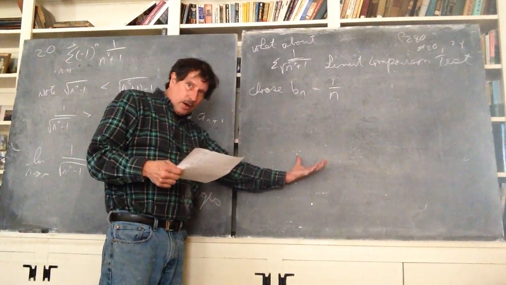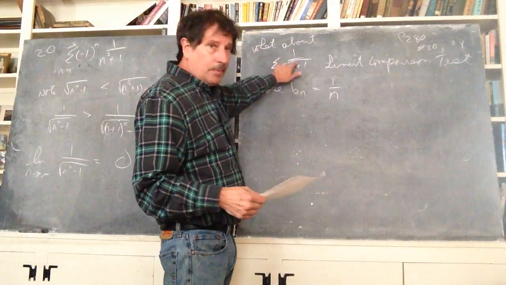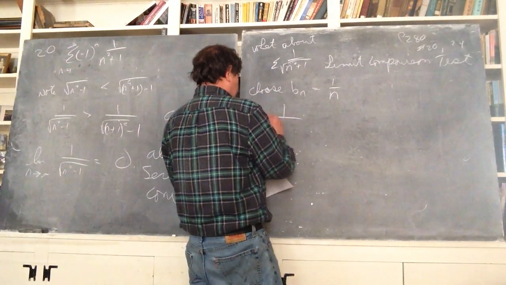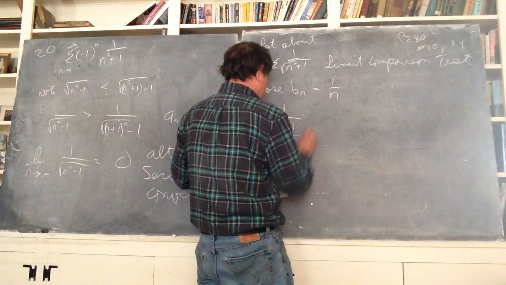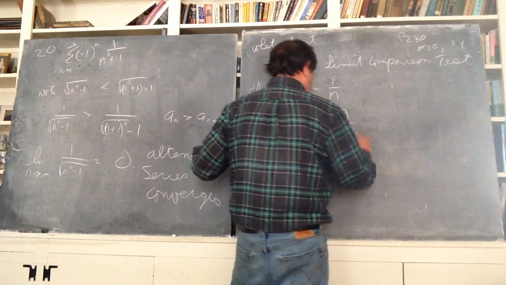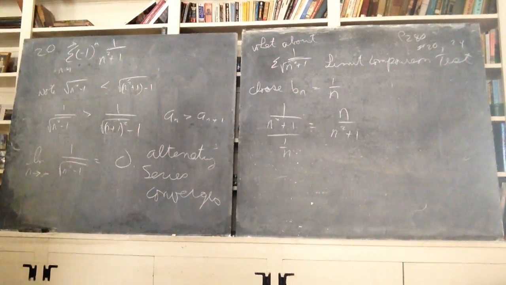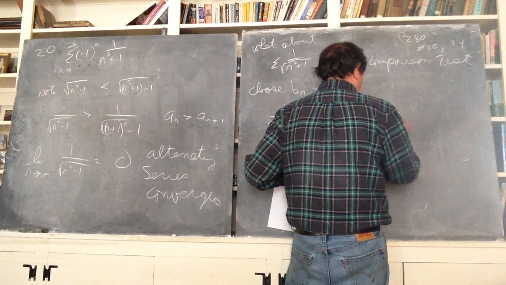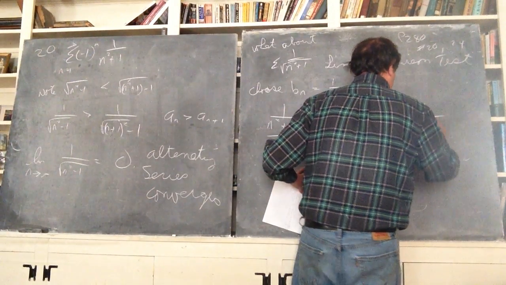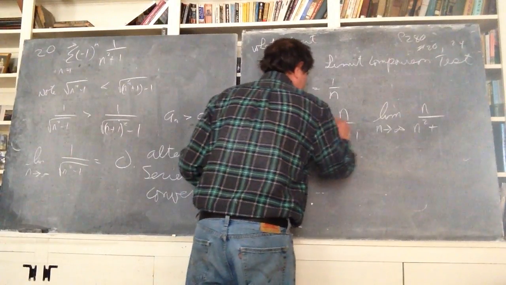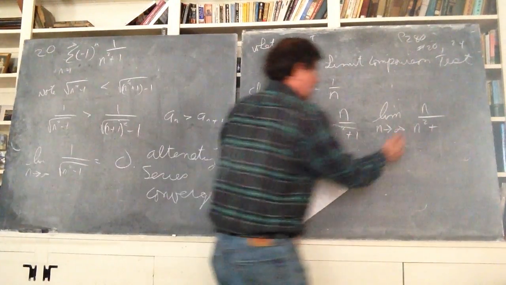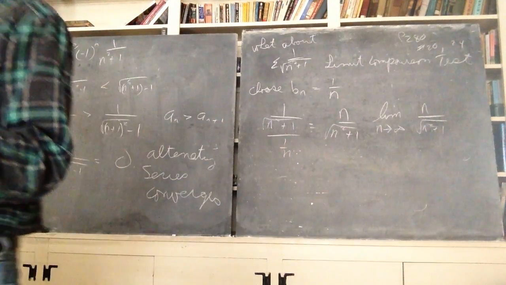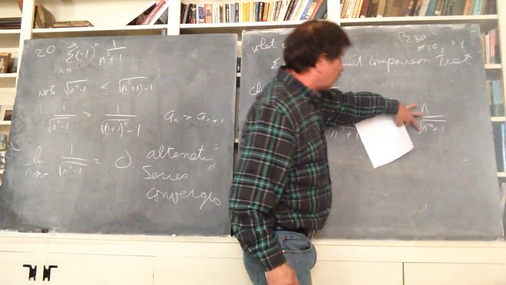And then I'm going to compare these, meaning I'm dividing the top one by the bottom one. So a sub n over b sub n is 1 over the square root of n squared plus 1, over 1 over n, which is n over the square root of n squared plus 1. And that's what we want to take the limit of. Whoops, this is a square root, sorry about that. The limit of this is 1,